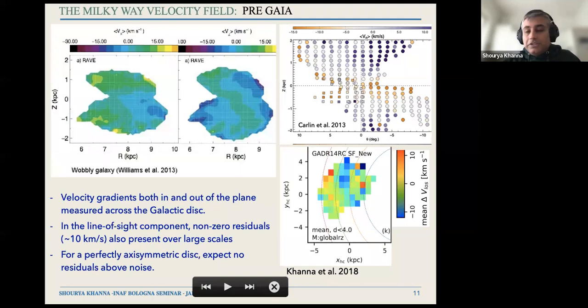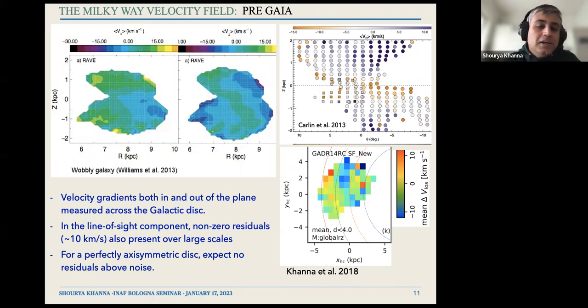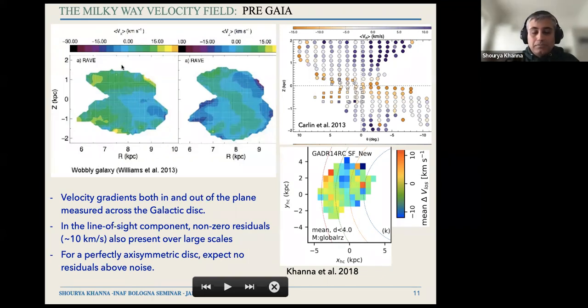Okay, and of course, this is something that's a long-standing investigation. So we've done this all the way back from just simply photometric surveys, but also as we started having much larger spectroscopic surveys and started getting the line of sight velocities, we could then start to build the kinematic maps and see what was going on. So here's an example from the RAVE survey where they found that for the sources for which you could get the 6D phase space,